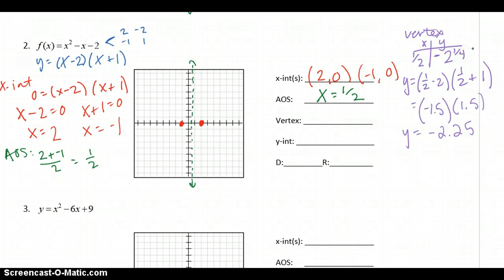So my vertex, again, we said was a point, and that point happens at 1/2, -2 and 1/4. So if we plot this, it's going to be at x equals 1/2, which is along our axis of symmetry, and y equals -2 1/4. So just below the